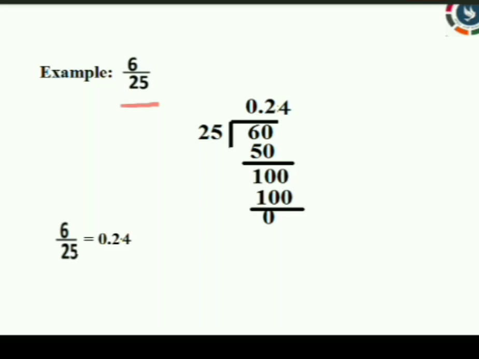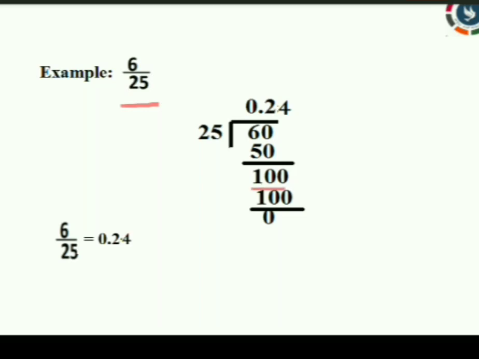Yes. Numerator 6 is your dividend. Denominator 25 is your divisor. So 6 by 25 is not possible. So I am going to add one 0 with 6. So you will get answer as 60, right? If you are adding 0 in quotient, you have to keep decimal point. Then 25 2s are 50. Now you have to do subtraction.